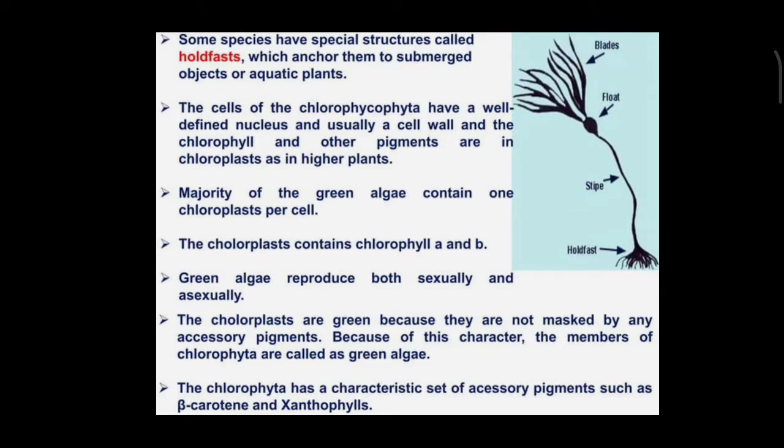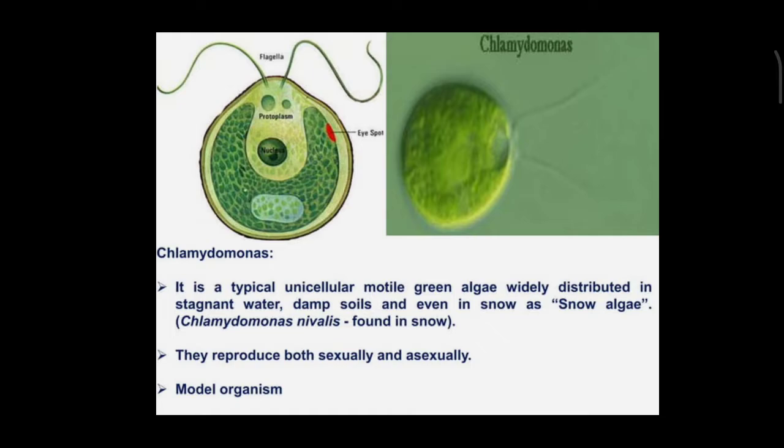Green algae reproduce both sexually as well as asexually. The chloroplasts are green because they are not masked by any accessory pigments. Because of this character, the members of Chlorophyta are called green algae. The Chlorophyta has a characteristic set of accessory pigments such as beta carotene and xanthophylls. And we are going to see some of the green algae varieties, and this is the first one,